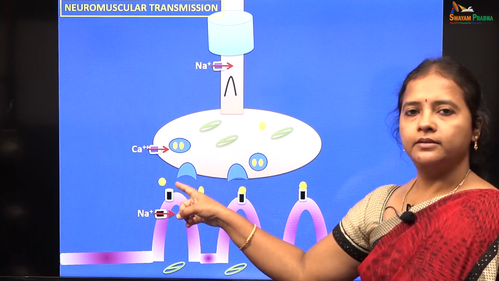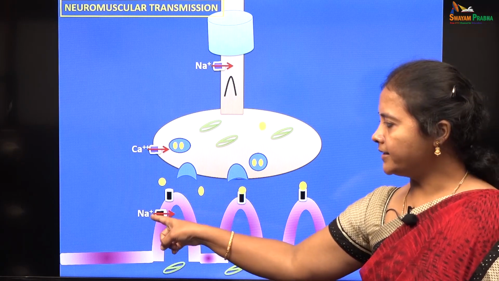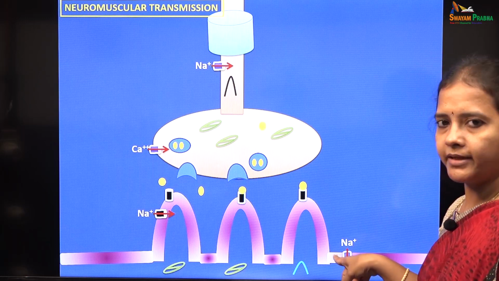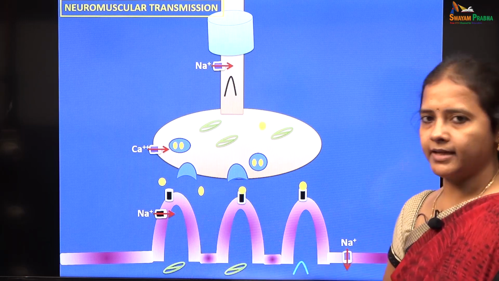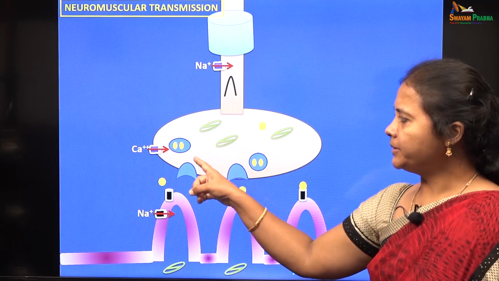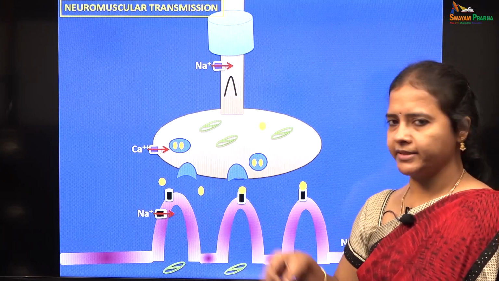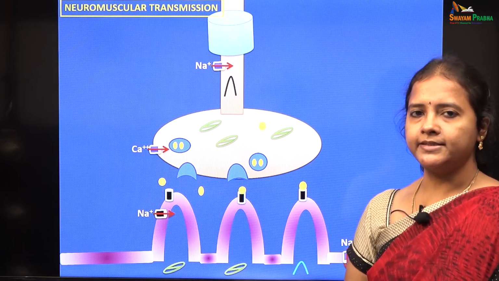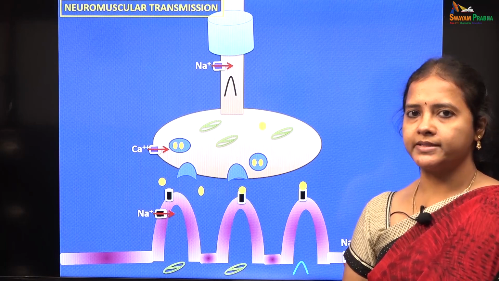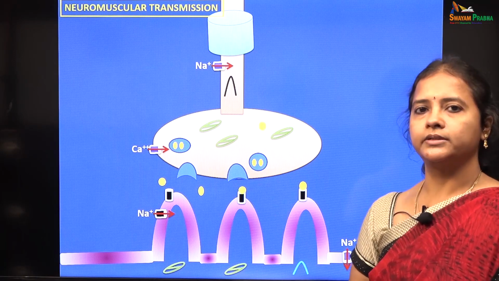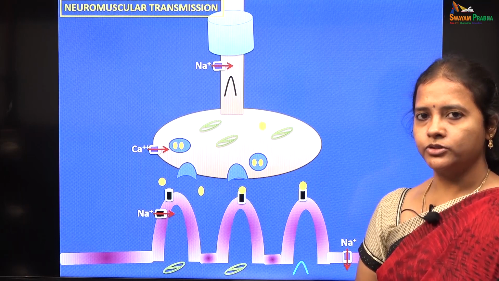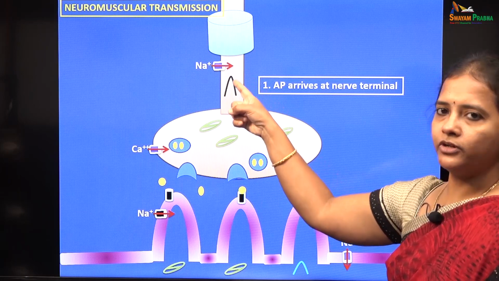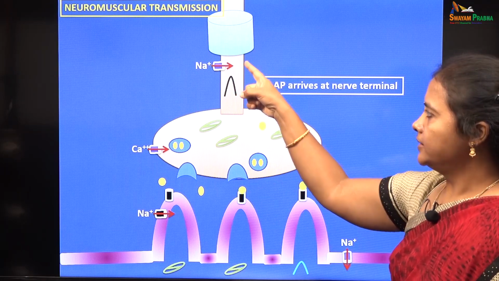This receptor itself functions as a ligand gated ion channel, where sodium enters through these channels, and we also have voltage gated sodium channels on either side of the sarcolemma. And in between the presynaptic nerve terminal and the post junctional membrane, we have the synaptic cleft, or the space in between the two structures, where there is acetylcholinesterase enzyme for the termination of neuromuscular transmission. So, the steps of neuromuscular transmission begin with the arrival of the action potential in this nerve terminal.